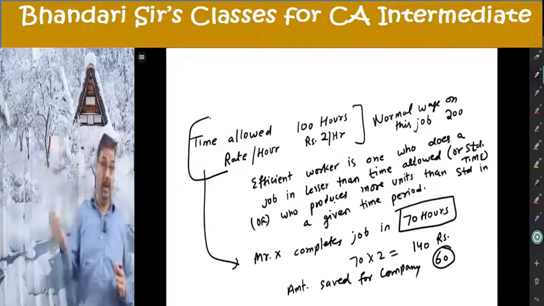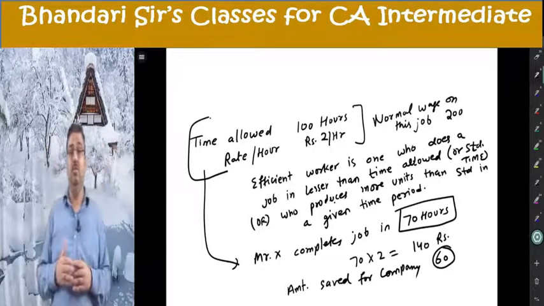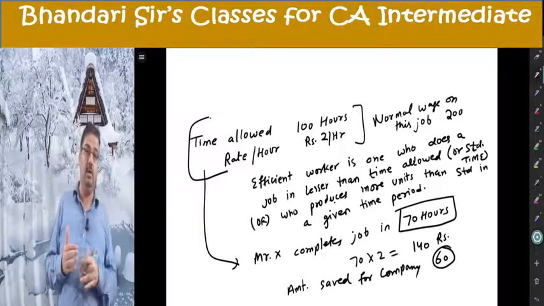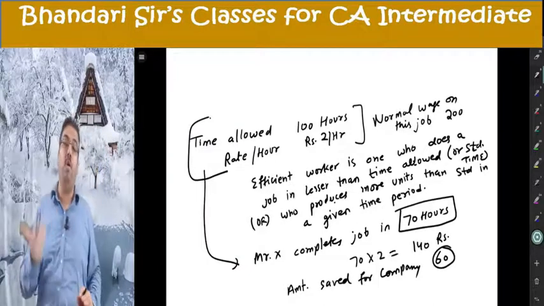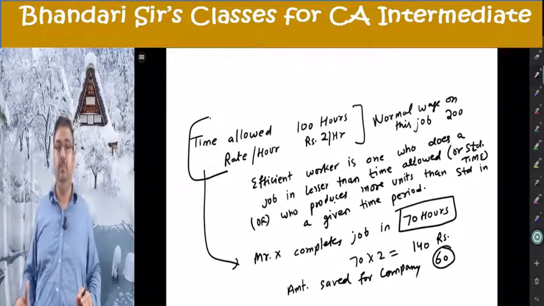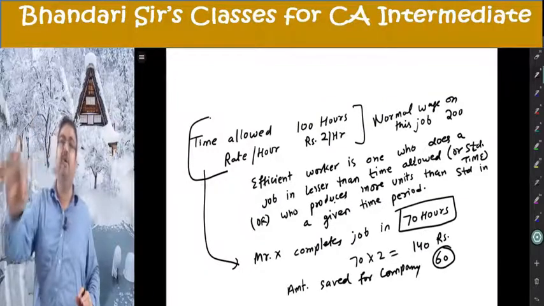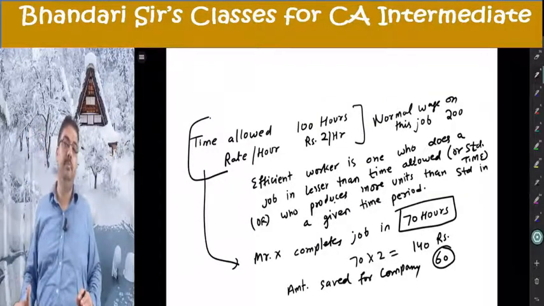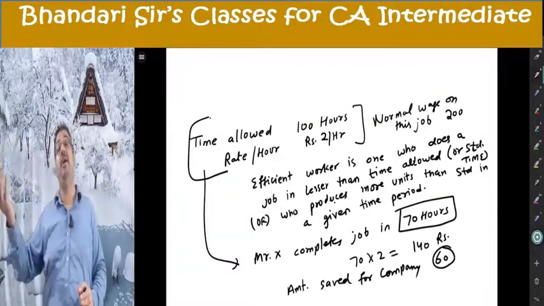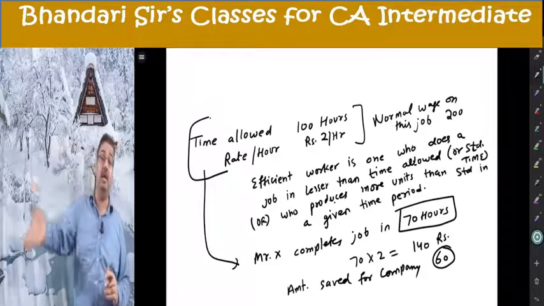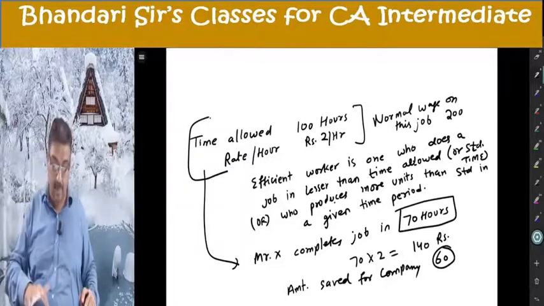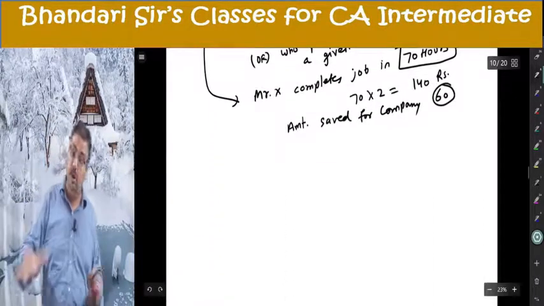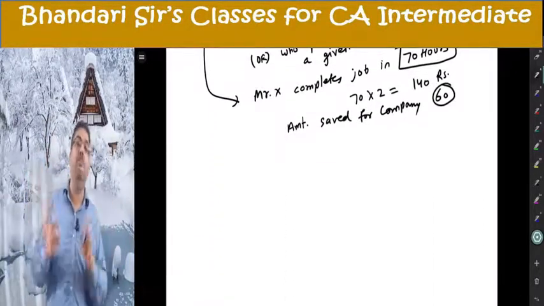From the worker angle, the higher it is, the better it is. From the employer angle, the lower it is, the better it is. And moreover, the employer analyzes more for per unit cost. Lesser labor cost per unit is better for the employer. For the worker, a higher effective wage rate per hour is better. We'll check out all these terms. I'm writing something here. You can keep on writing along with me. That will help you a lot.